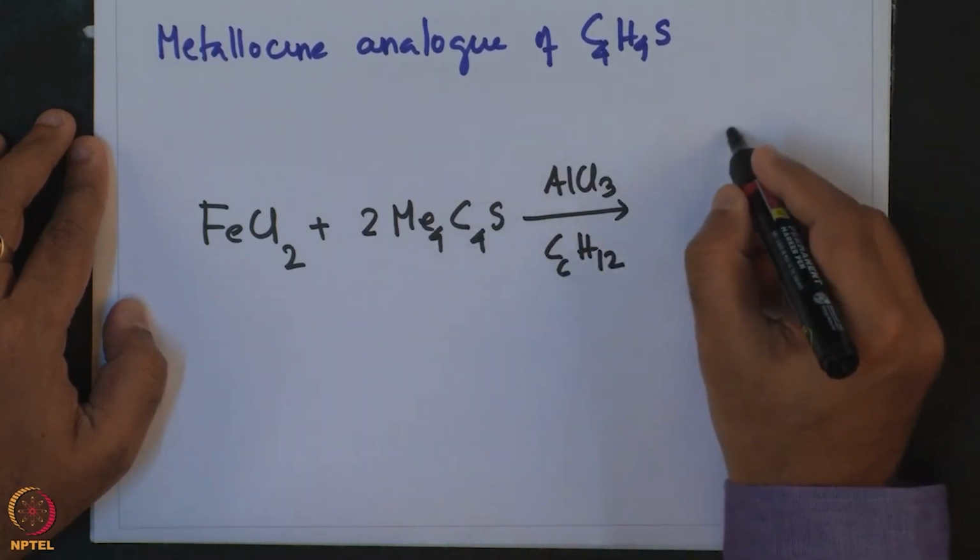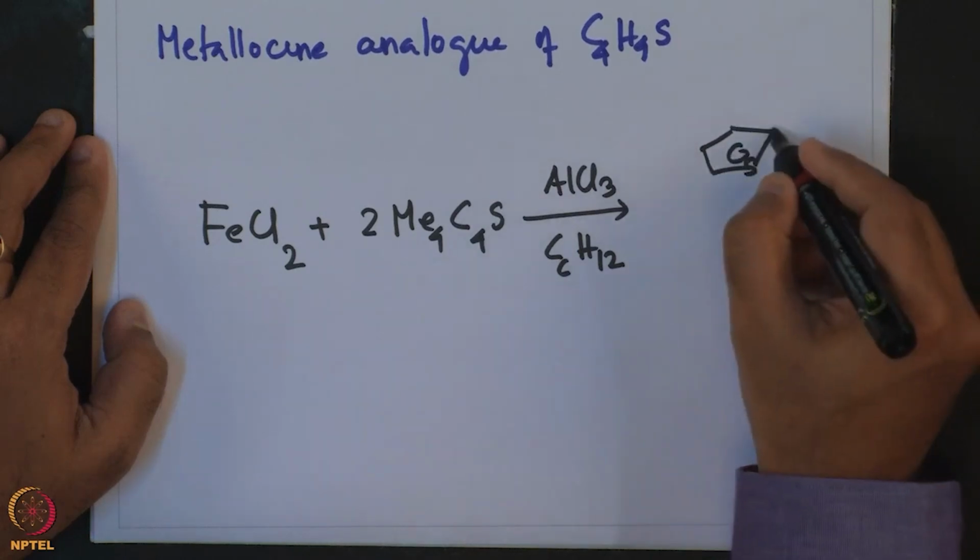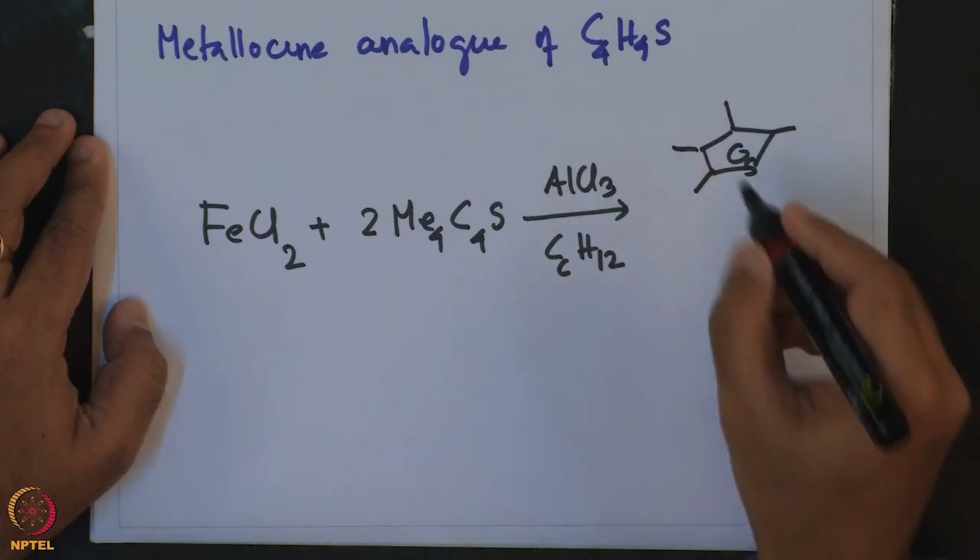This gives this tetramethyl thiophene metallocene complex of iron,